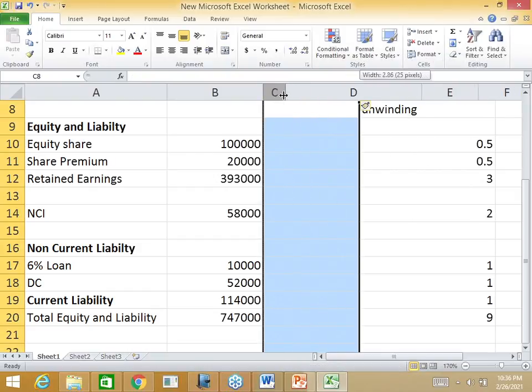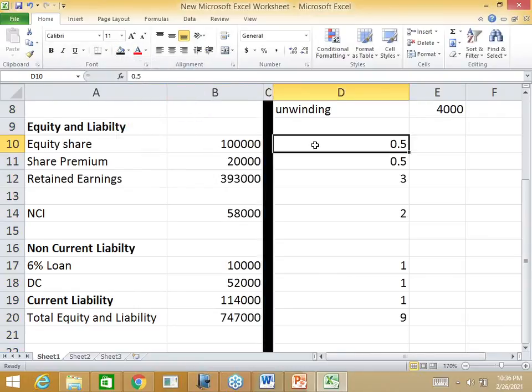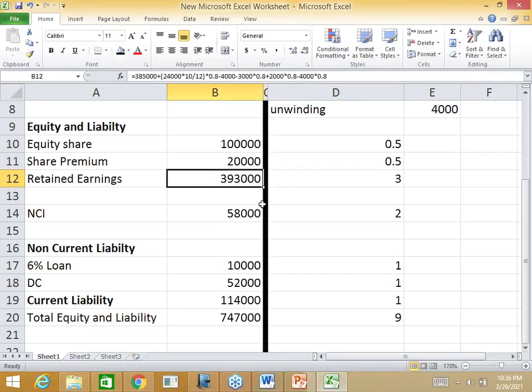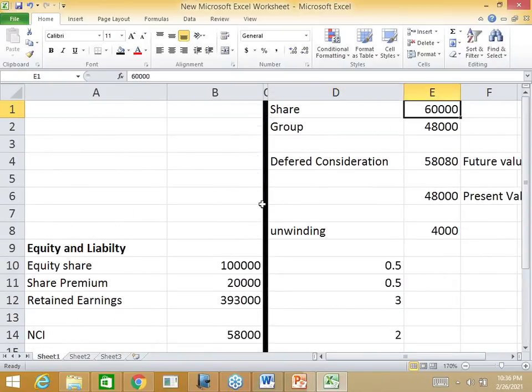It's better to draw a line here so that the examiner while checking can understand that on the left hand side you have done all the proper presentations, and on the right hand side you have done all the workings.